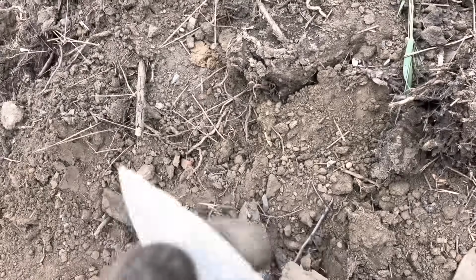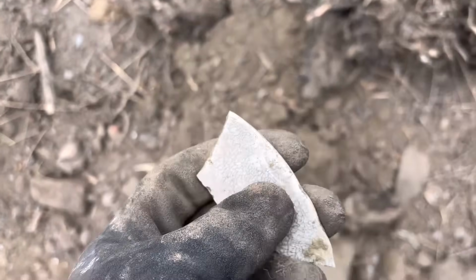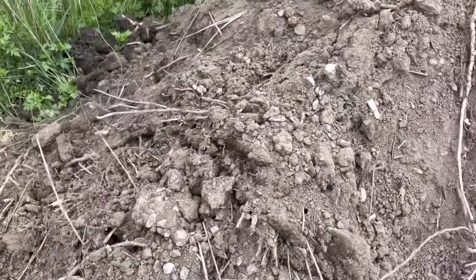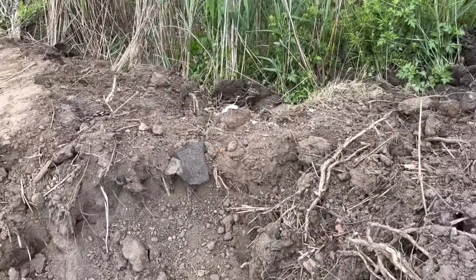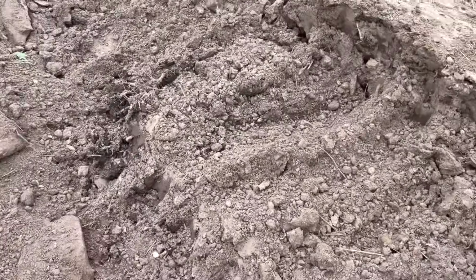Any time you see a pile of dirt and pottery like this coming out of it, you're going to want to spend a little more time looking through it. Because it's dug up, you're not sure how deep they went. You're not sure what they actually dug up. So that could very well be some interesting stuff